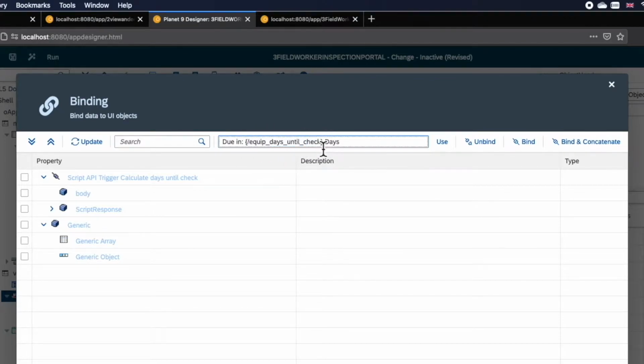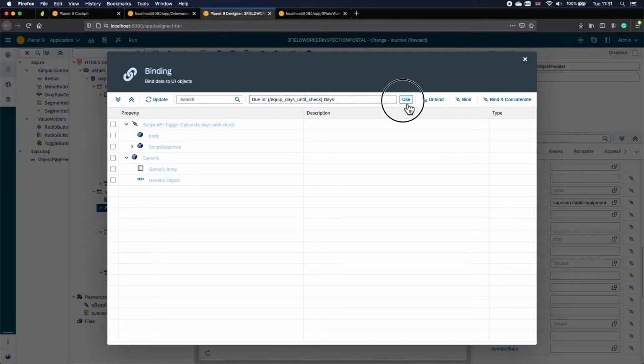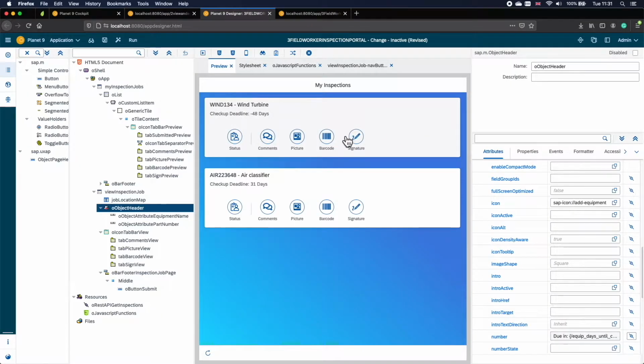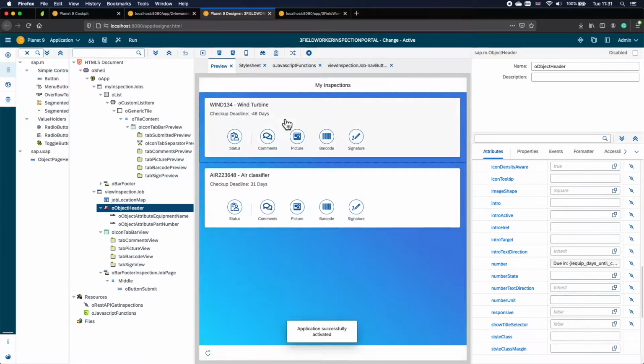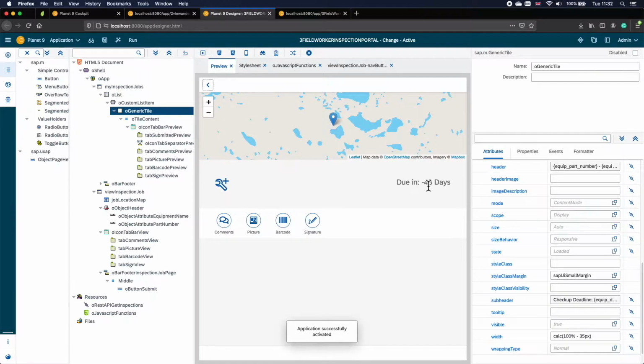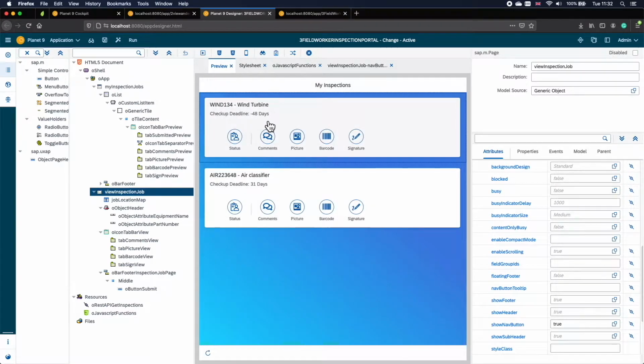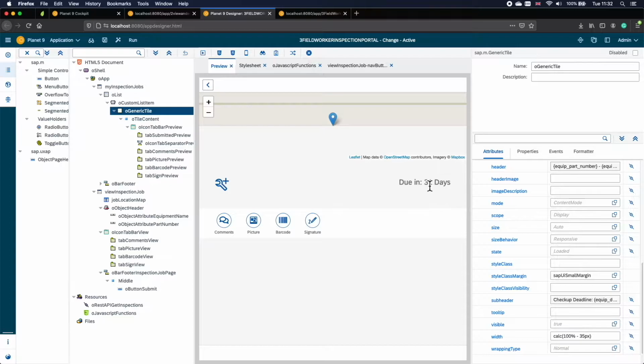until check. Now we can access this property with a slash, because when we click on our generic tile, the data within the tile is passed into our page, and so any children components of our parent page component can access the data with this slash and then the name of the property. So now with that in place, we should be able to test it and see. If we click here, we can see minus 48 days matches up here with the checkout deadline, and here 31